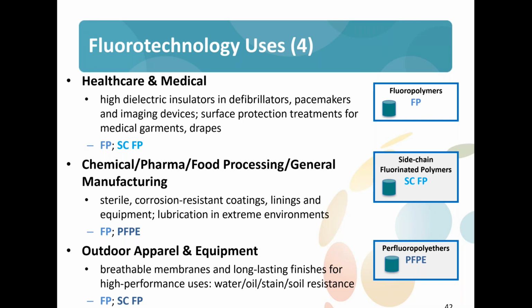In the chemical, pharma, food processing, and general manufacturing, there is a very large number of uses, whether that's pipelining or kettle lining or lubrication, whatever it may be. These particular compounds, the fluoropolymers and the perfluoropolyethers, are used extensively in manufacturing to help keep the kettle material integral so that they don't corrode and fall apart. And they do the job they do, particularly in pharma and food processing. You do not want cross-contamination, and you want to be able to clean your equipment very readily.